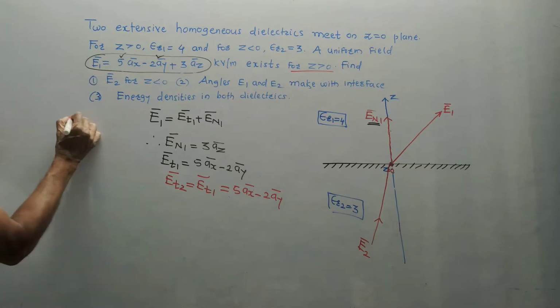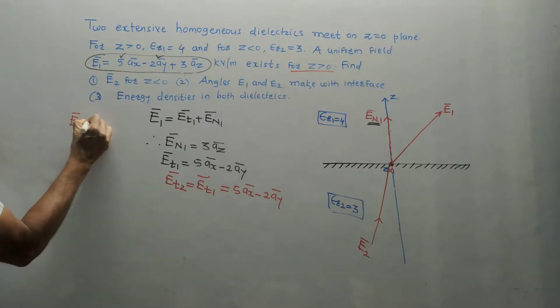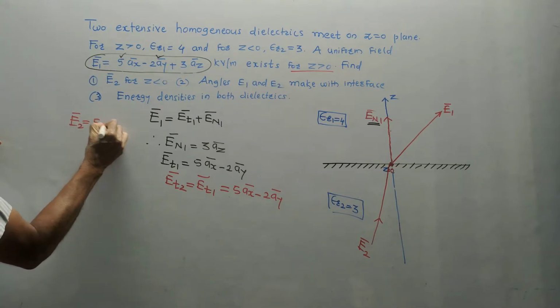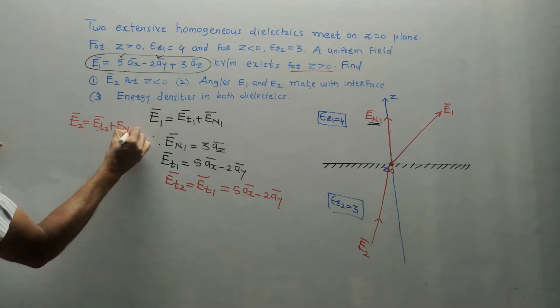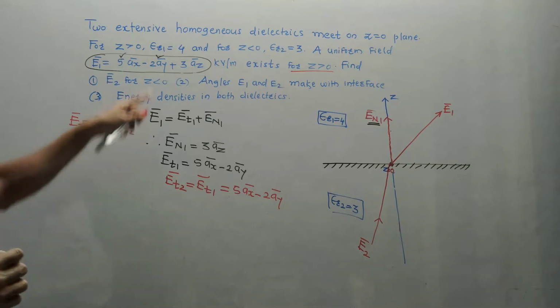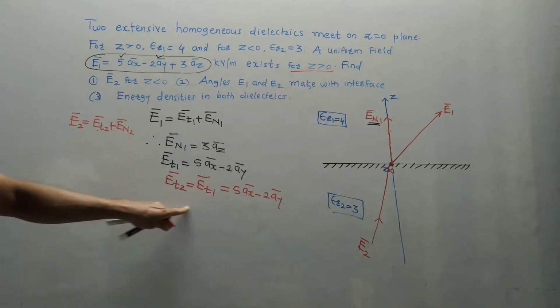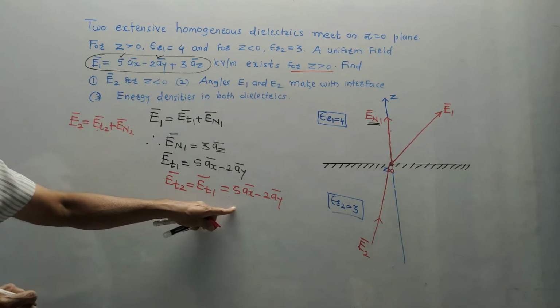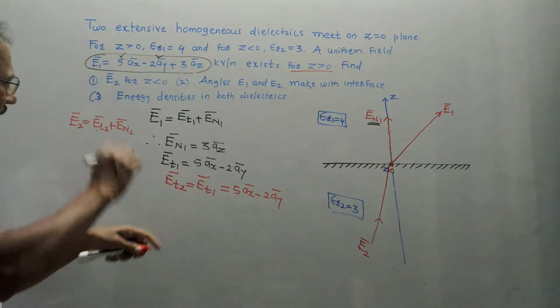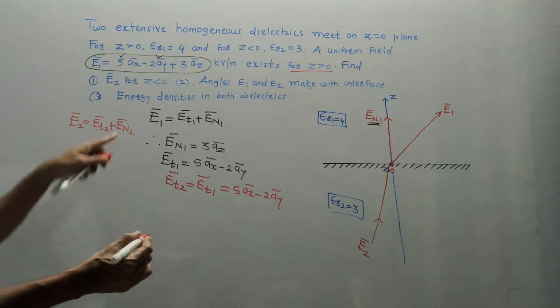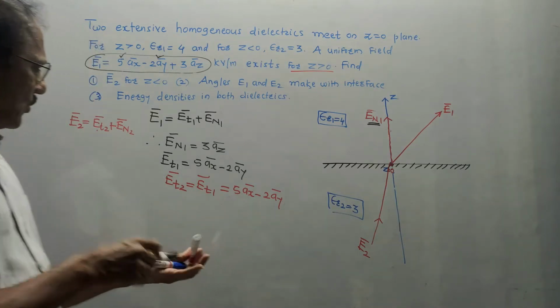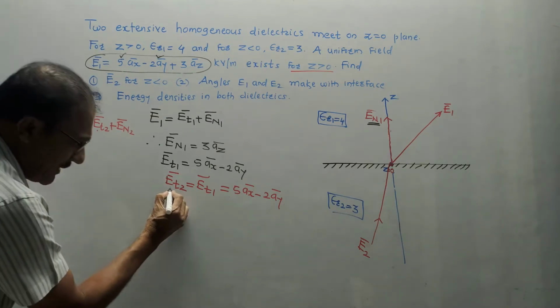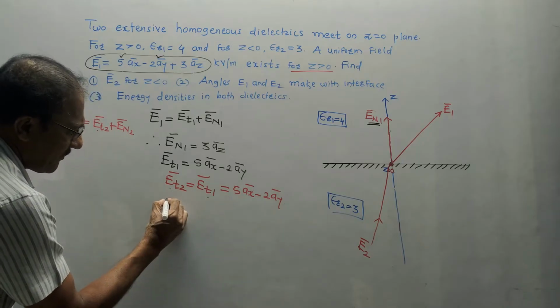So the equation of E2 bar, if I want to write, I will write it like this: Et2 bar, that is the tangential component, plus En2 bar, that is the normal component. Out of this, I have already got the value of the tangential component. Now my aim is to calculate the normal component, that is En2 bar. To calculate the normal component, we have to use one more boundary condition. Similar to this, I can write